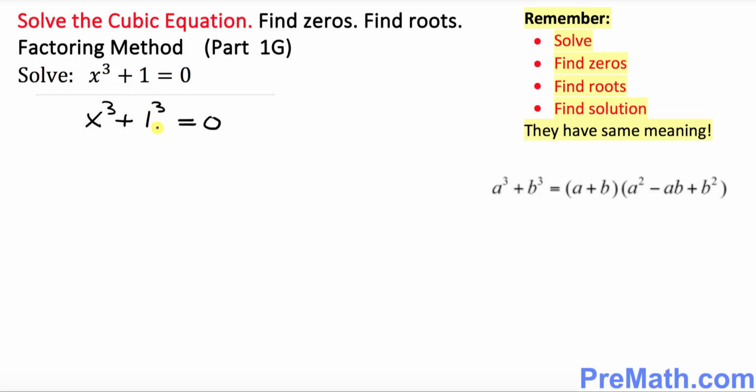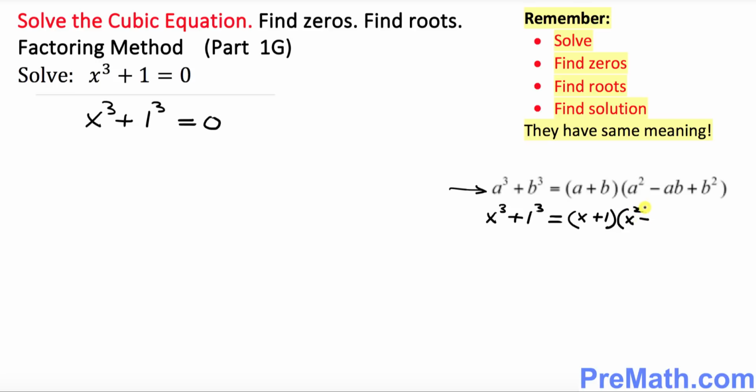So now this simply becomes the sum of two cubes. So we will be using this formula right up here, a^3 + b^3. Right now, if we compare this with x^3 + 1^3, that means a is our x and b is our 1, so we can simply write x plus 1 times x^2